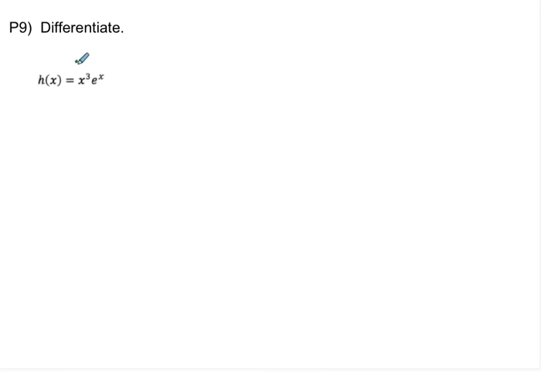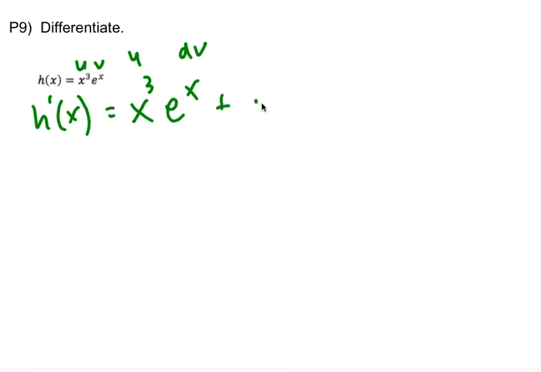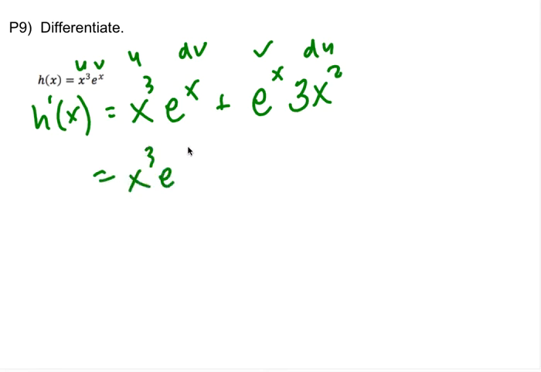P9 is going to be a product rule, right? So you'll notice a lot of these are coming up from the previous first couple problems where I asked you to identify which ones you needed as a product, etc. So it's u, dv, which will be e to the x, plus v, which is e to the x, du, which is going to be 3x squared, right? So I'm going to get x cubed e to the x plus 3x squared e to the x, and that